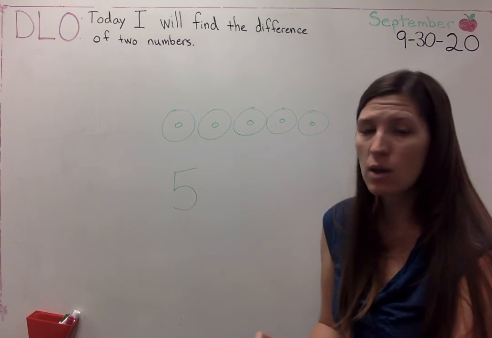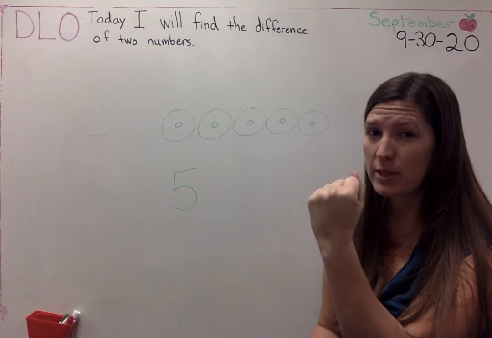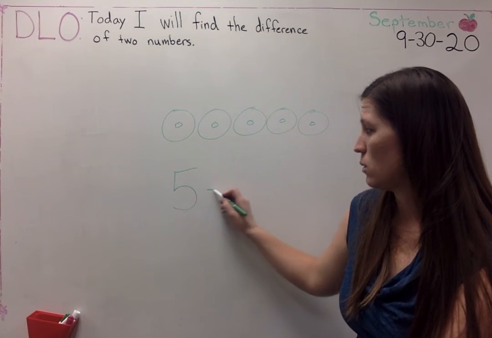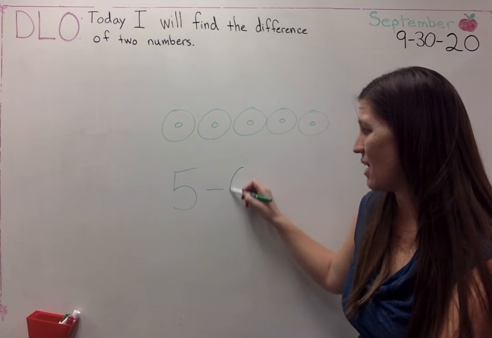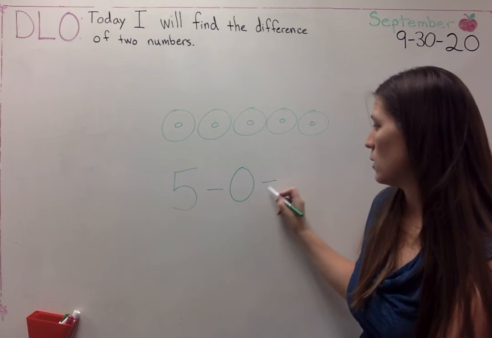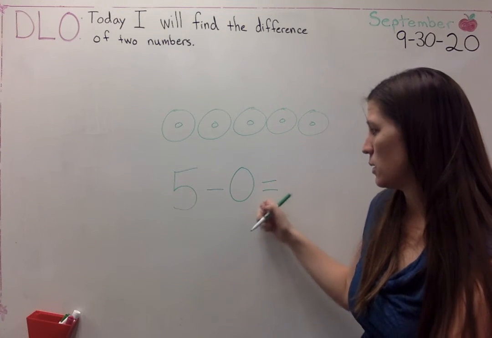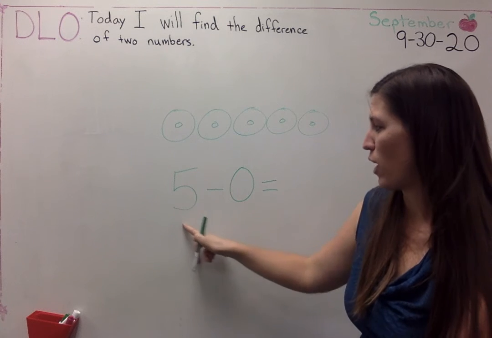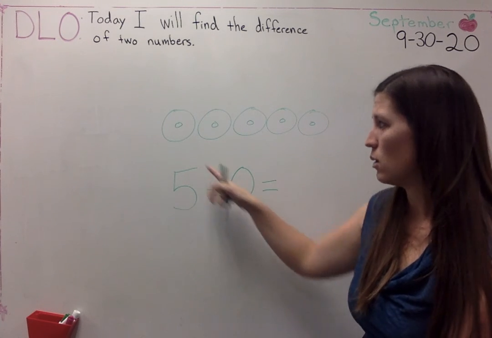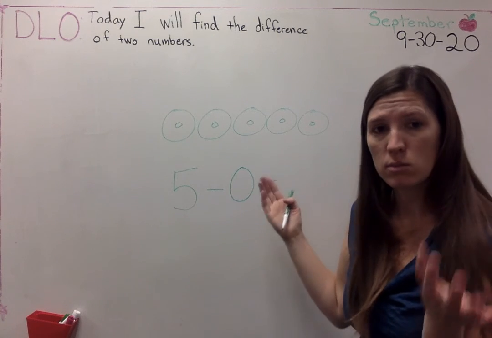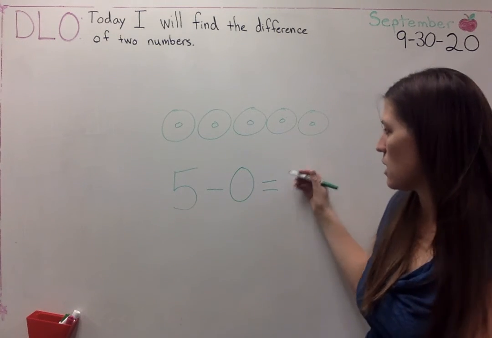If you take nothing away, what number is it? 0. I took away nothing because I didn't eat any. So my difference, there is no difference. It's just the number how many you have. 5 minus nothing, 1, 2, 3, 4, 5, take away 0, which is don't take any away, equals the number